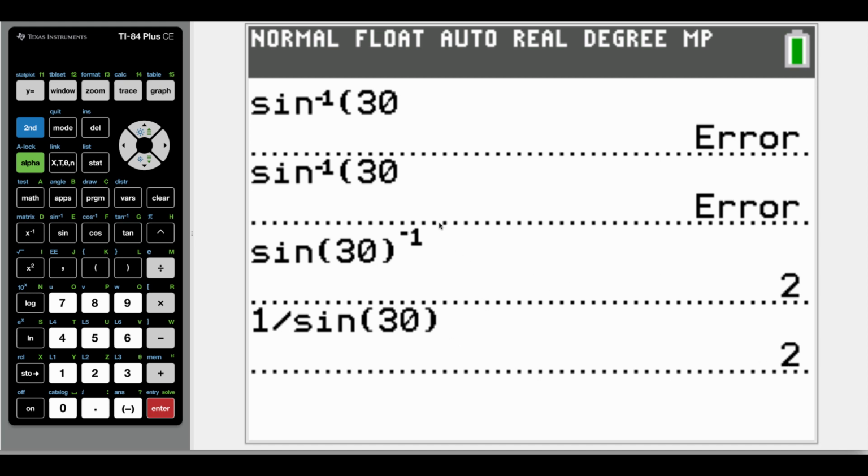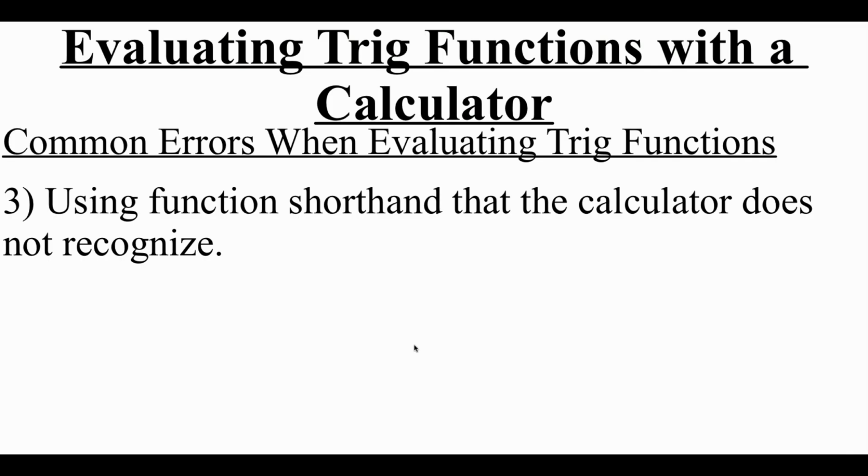So there's 2 separate ways for me to approach doing the cosecant in my calculator, but using that sine with the -1 power on it is not one of them. A third common error that we can run into is using function shorthand that our calculator doesn't recognize. And this usually happens when we're dealing with exponents or powers of trig